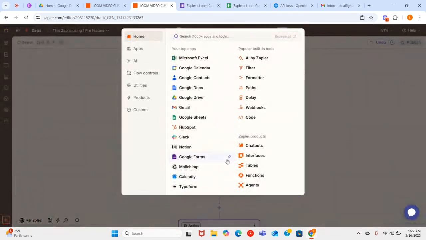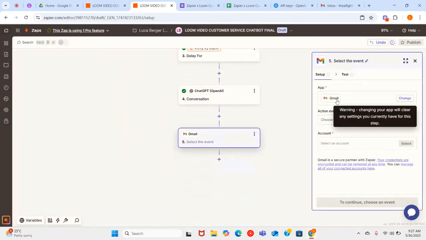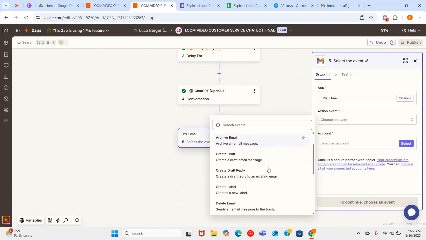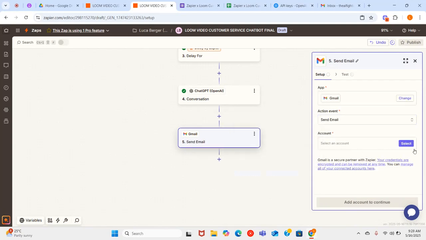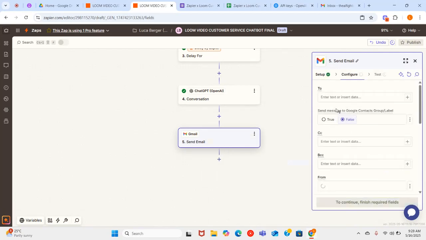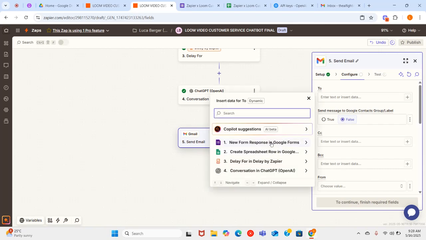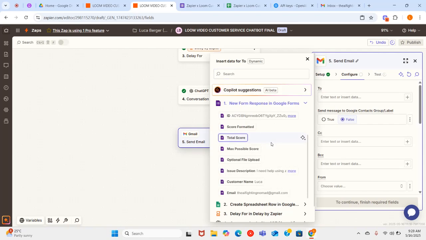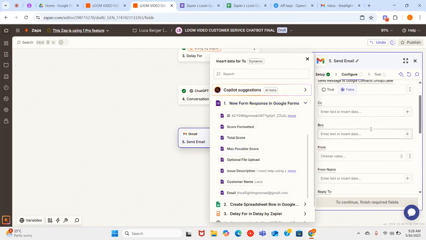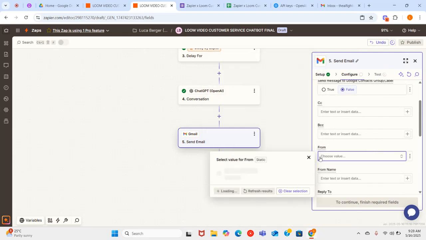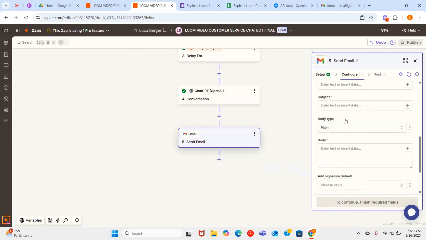And then the last step is to go to Gmail. We're going to go to send email. We're going to select our account. And then basically we're going to write an email to the customer that filed the complaint. So we're going to go back to new form response. We're going to send the email to this very secret email called the AI Find Nomad. Then we're going to send it from our account here. Subject: here's how to solve